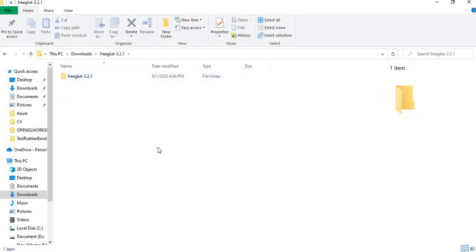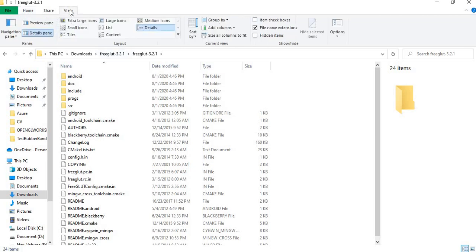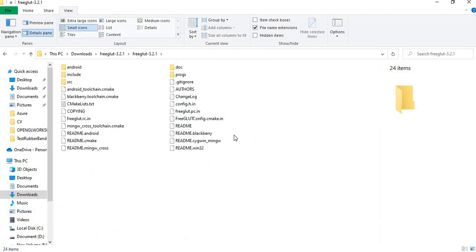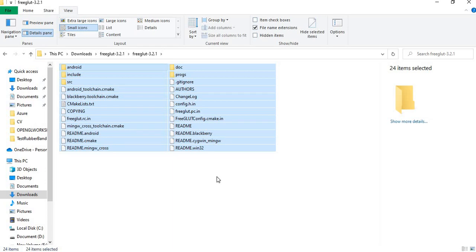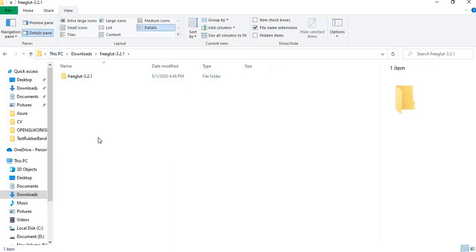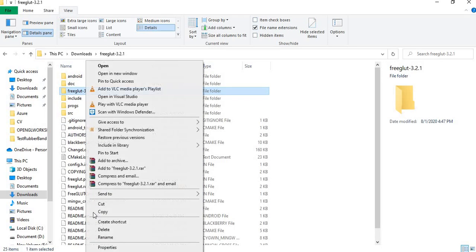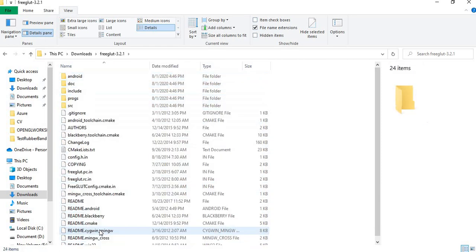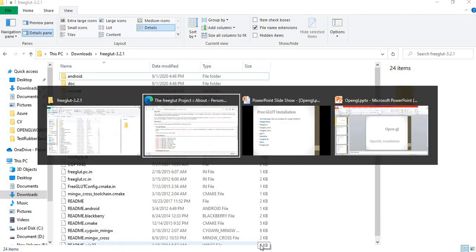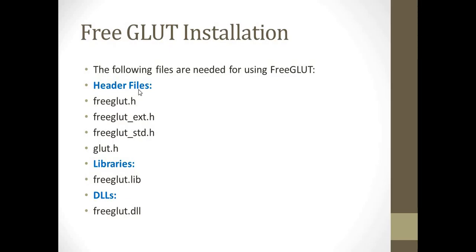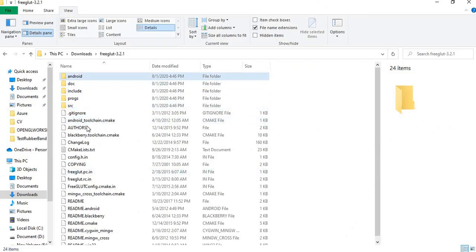After extracting, this is available. You need to build FreeGLUT to get all these header files, libraries and DLL.